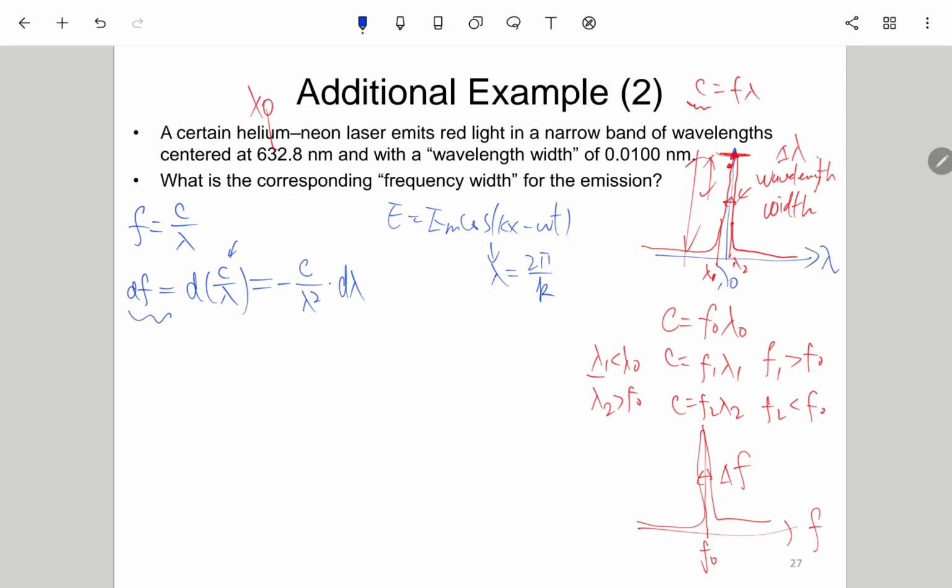Or if you don't get used to this expression, if I try to write it like this, df d lambda,